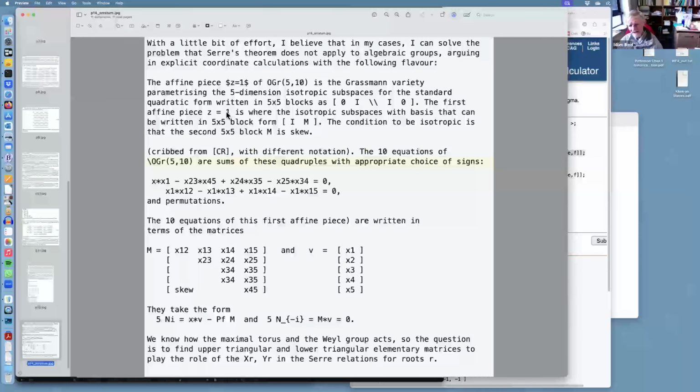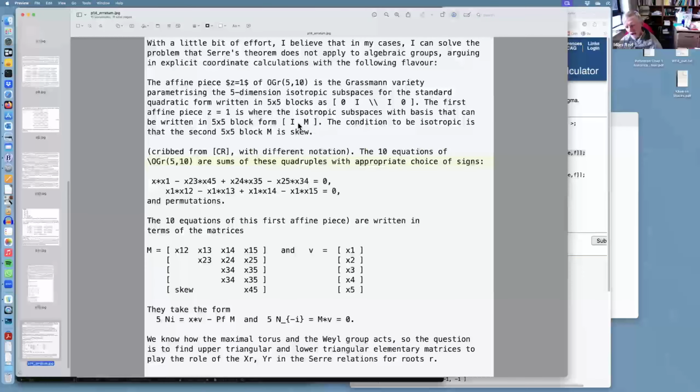Yes? And if I eliminate the 5 variables, so I've got an equation saying 1 times each of the 5 variables equals something in the other variables. So in other words, I can just eliminate this and get, in 15-dimensional projective space, a 5-dimensional, 10-dimensional affine piece, right? And the affine piece is this